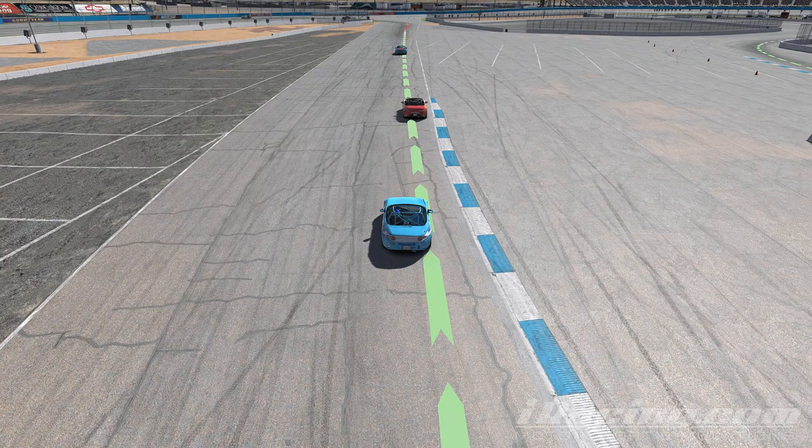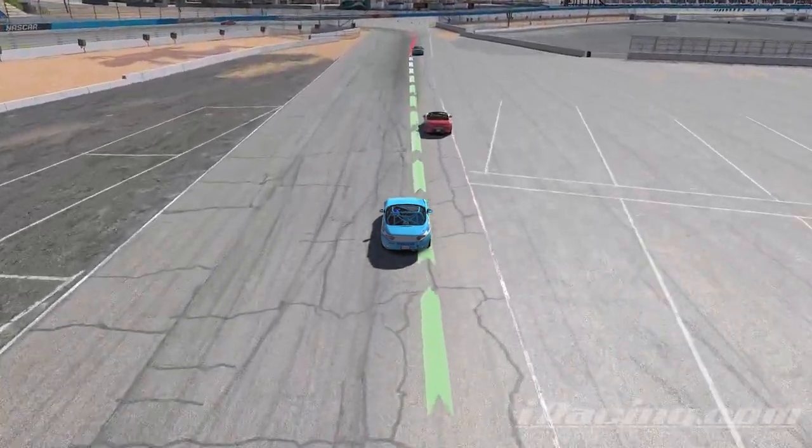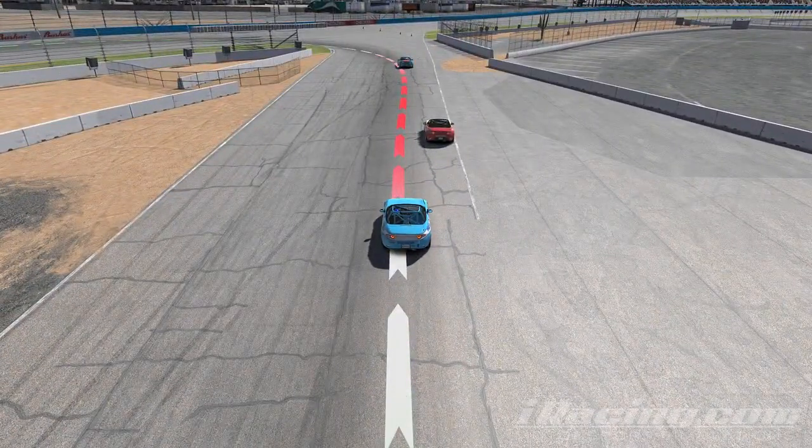But at this point, the lead car has a comfortable advantage over the trailing car, so no challenge for position at this point. Now you can see both cars are getting on the brakes here. Again, braking points are irrelevant to the system, but there is no challenge for position, so the lead car gets to choose his line through this corner. At this point in time, the lead car is somewhat outside the racing line,